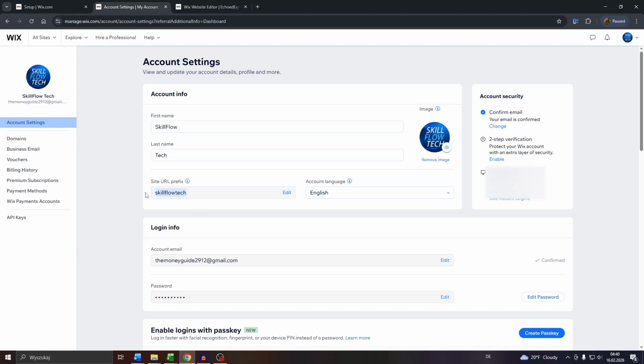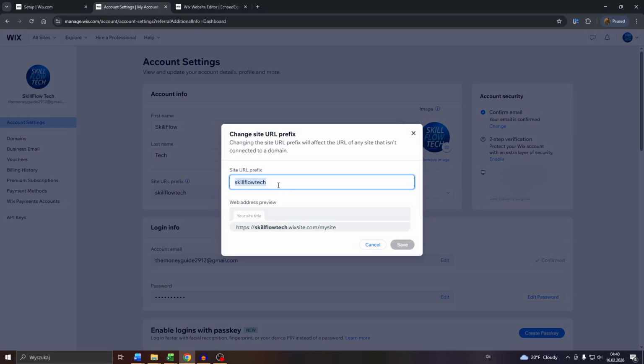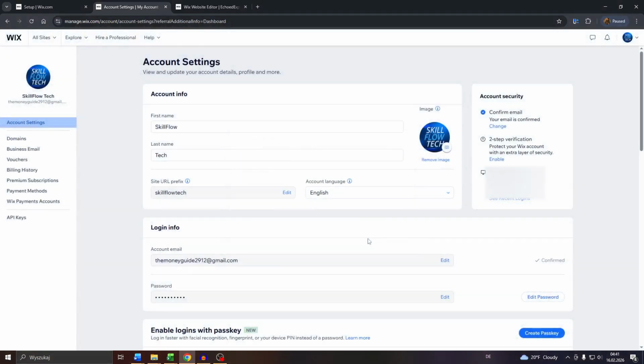So what you want to do is click into edit here, enter your URL prefix here, and you will see the preview below. So as you can see, I added the channel name here for the URL of any site you actually create on Wix that hasn't been connected to a domain yet. Confirm by clicking to save, click into cancel,